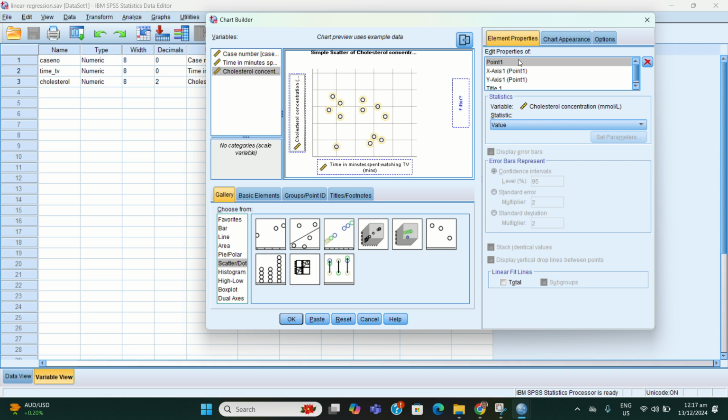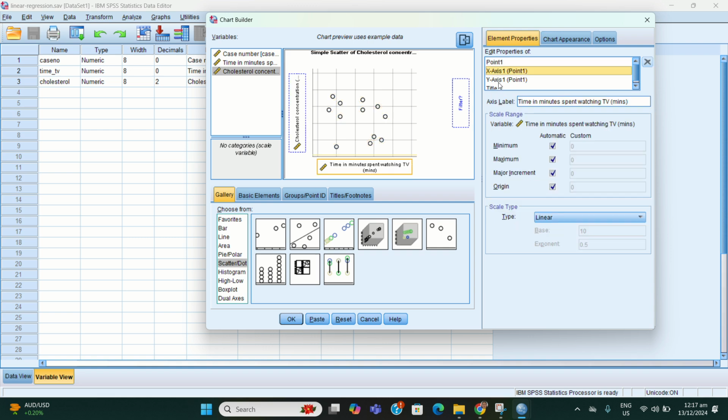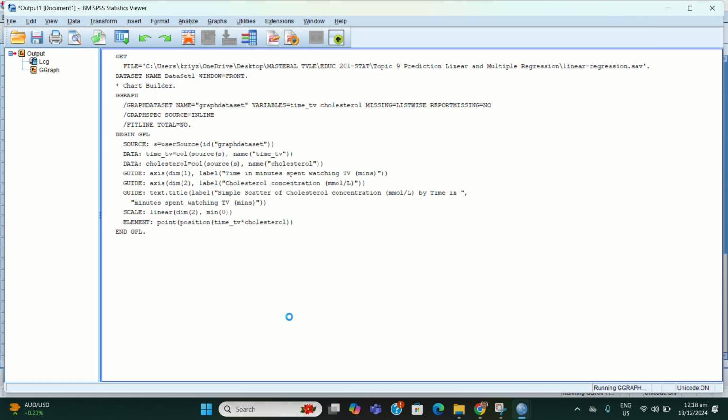In the y-axis properties, we have to uncheck minimum automatic. Then we have to make sure that the scale type is linear. Then we click OK.